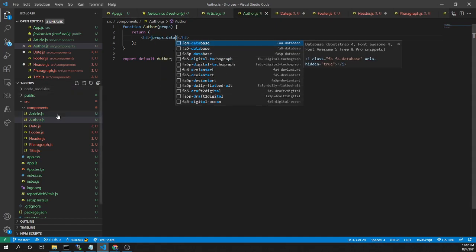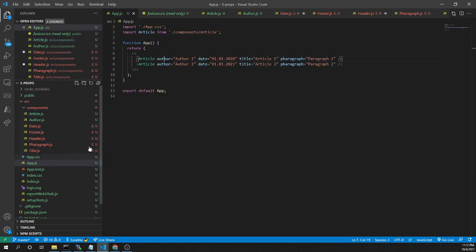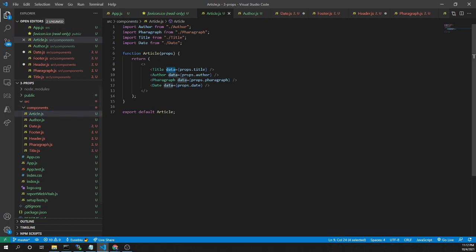So this props data is the data from here. So here in the article component, I'm accessing the title property sent here, and from here I'm sending this title property to the data in the title.